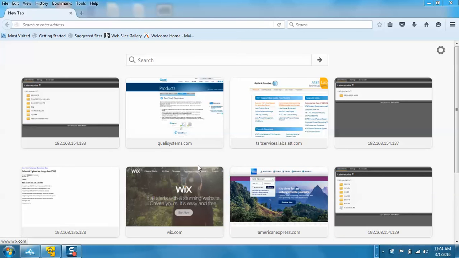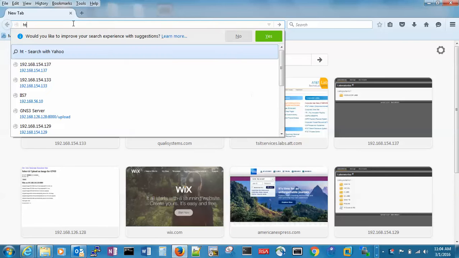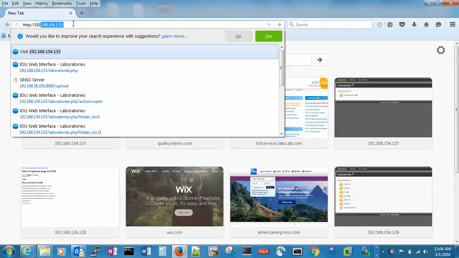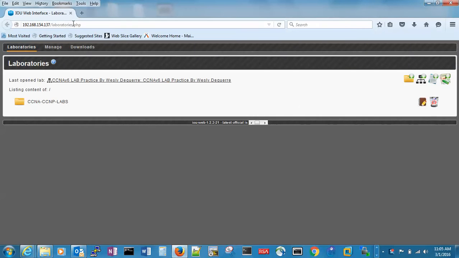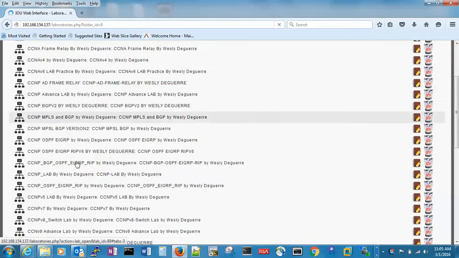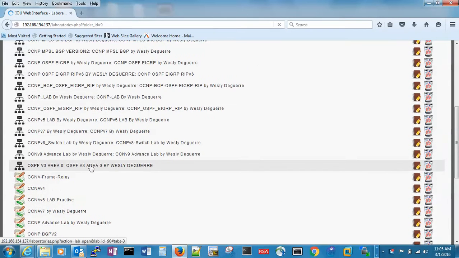Okay, this is the second part of the labs, the demo. So now we're gonna upload the labs, and remember the IP address was 192.168.154.137 from the VM server. This is the IP address you need to put in your browser. So we click on that, and as you can see, it's CCNA CCNP lab. So we click on that, and as you can see, we have a bunch of labs from